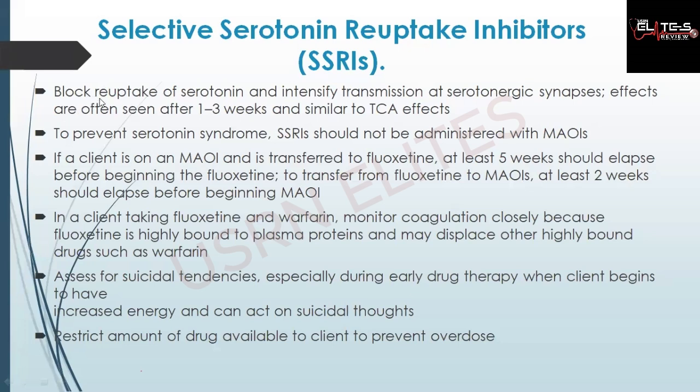The effect is mostly seen after 1 week, mostly up to 3 weeks. That is the time that you start seeing a positive change. But it takes more than a month. It takes a bit longer time for you to see the full effect. So that's the difference. When it begins working and when you see the full effect, the two things are different.